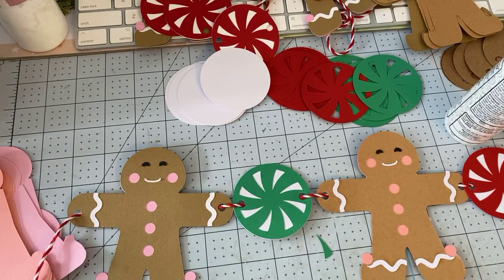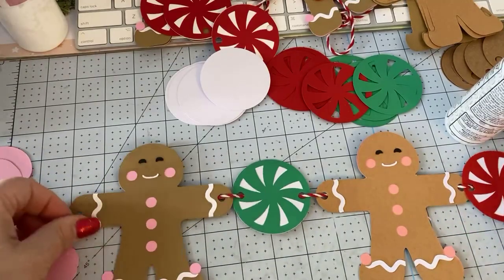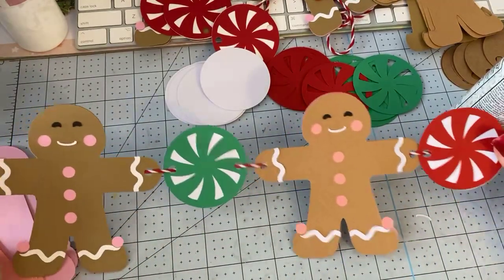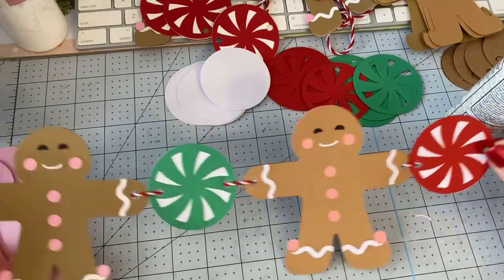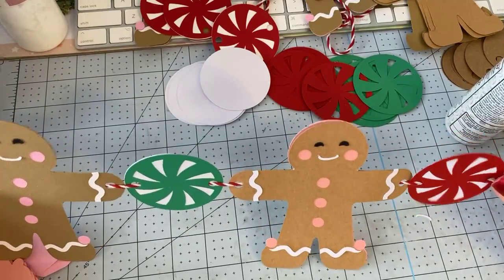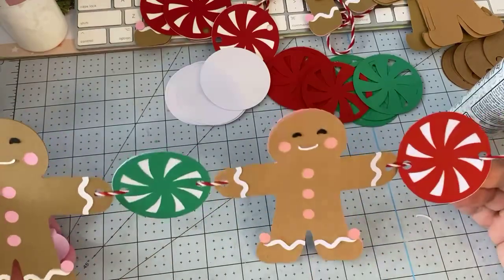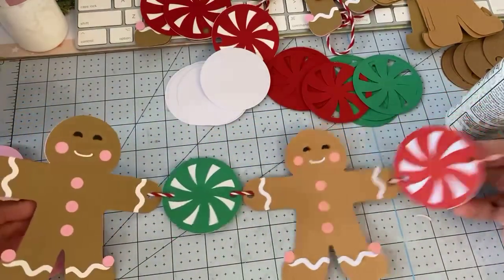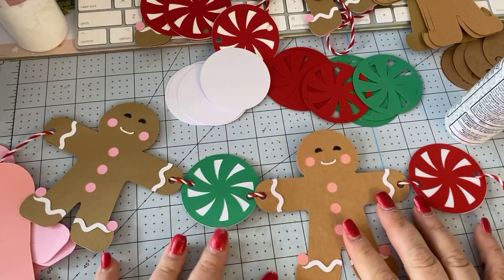So that is my little gingerbread and peppermint garland made from Cricut images that we have slightly changed around, just simply so that we can use them for this piece. And just don't forget that, if you find an image and it's not quite exactly what you're looking for,